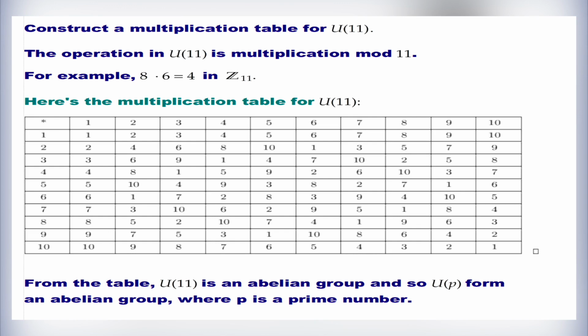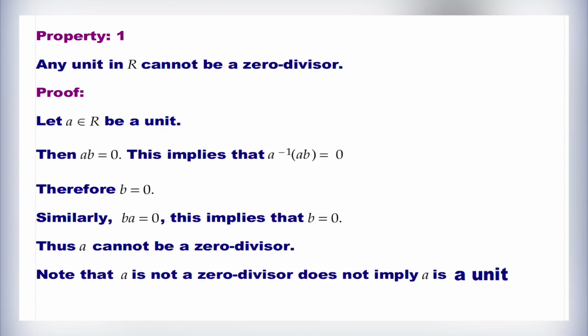As we construct the Cayley table for U of 14, we can construct the Cayley table for U of 11 as follows. From the table, U of 11 is an abelian group, and so U of P forms an abelian group where P is a prime number. Now, let us see some basic properties of zero divisors and units of rings. First property is